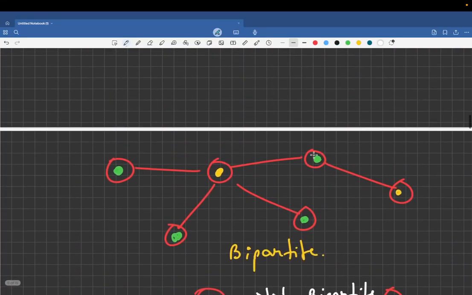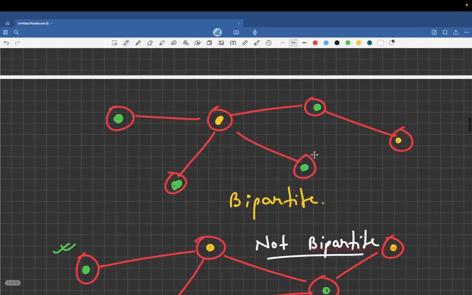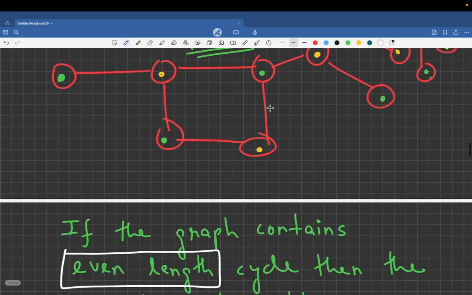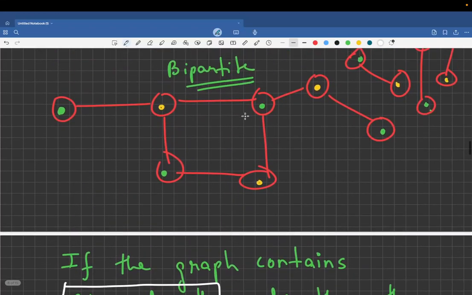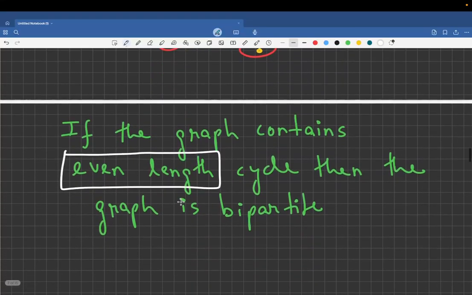So I hope you guys got a bit of context on what we actually mean by bipartite graphs. And this was just extra information that I told you: an acyclic graph is always bipartite, and if the graph contains an odd length cycle, it is not bipartite, and if it contains an even length cycle, then it is bipartite.